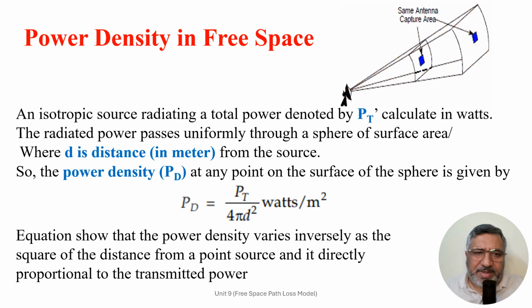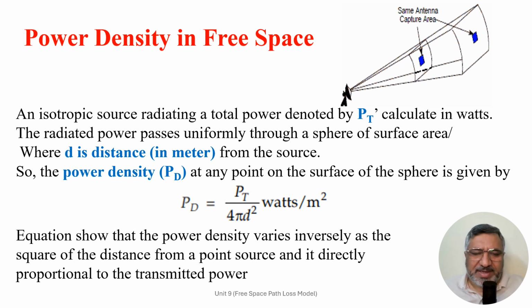An isotropic antenna is an idealized antenna that radiates and receives electromagnetic waves uniformly in all directions. In other words, it has an equal radiation and reception pattern in all directions with no preferential radiation or reception in any particular direction. The power transmitted per unit area can be defined as power density in free space and